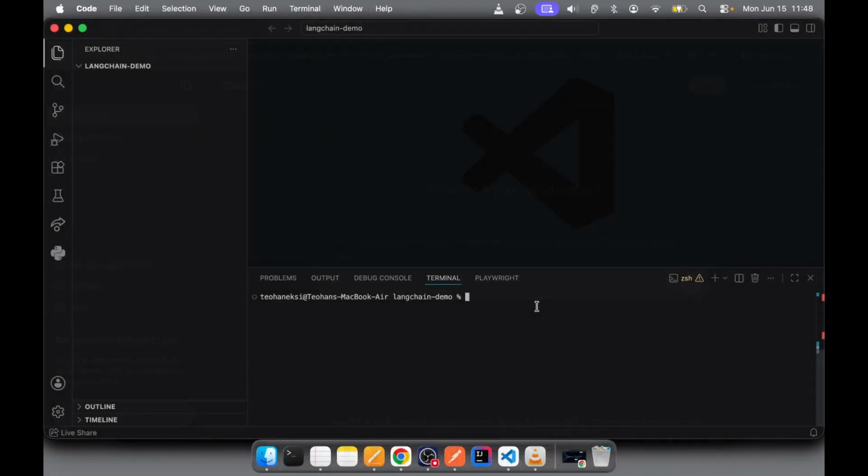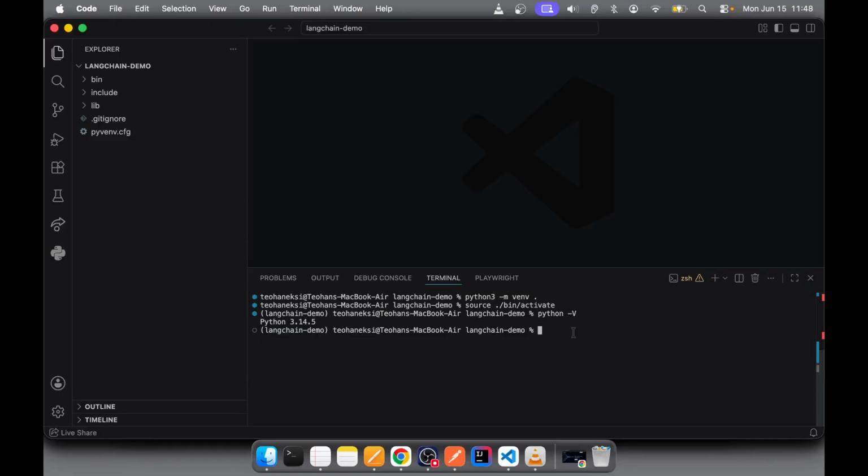Enough theory. Let's look at how to get started with LangChain and write some actual code. First, let's look at how to install LangChain in Visual Studio Code. Open up your VS Code terminal and make sure you have Python 3.10 or higher installed. Because modern LangChain is modular, we only install what we need. To see how to install LangChain in Python, type this command into your terminal.